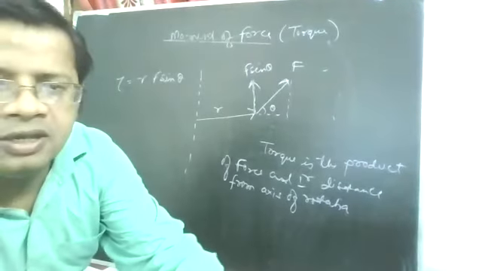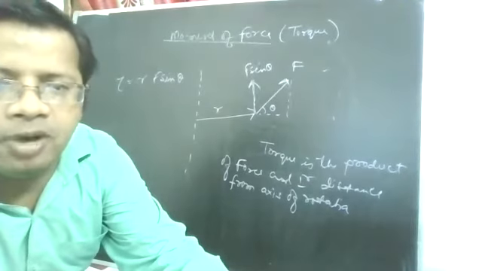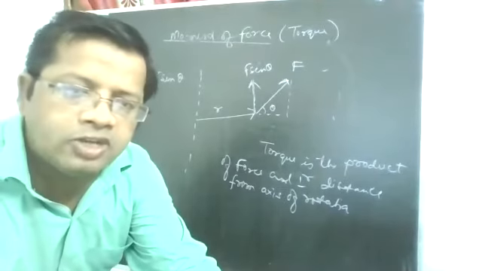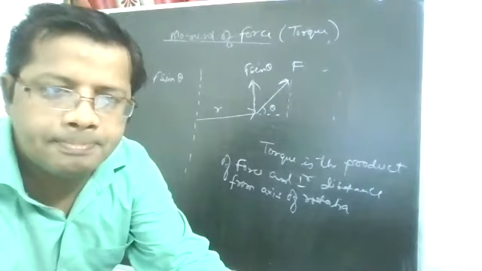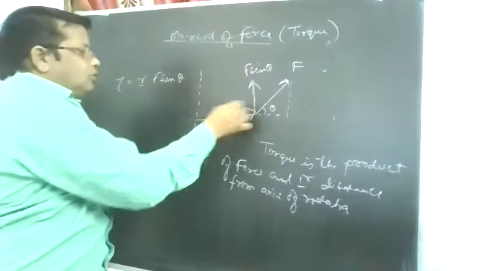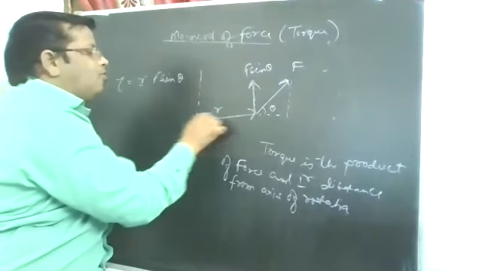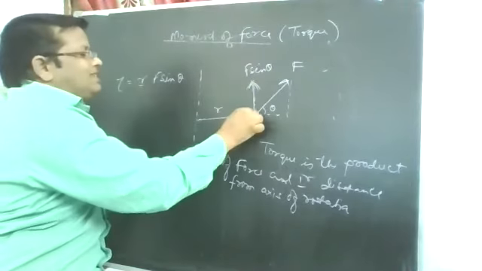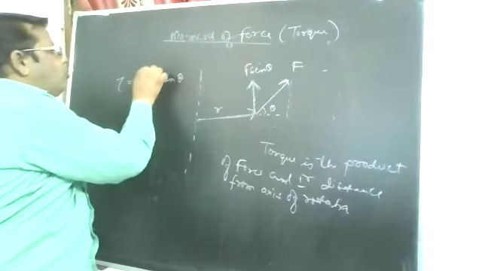So torque is what? Torque is a force which produces rotation in a body. The magnitude of torque is the product of force and perpendicular distance, or you take the perpendicular component of force or distance from the axis of rotation. So see here, force is equal